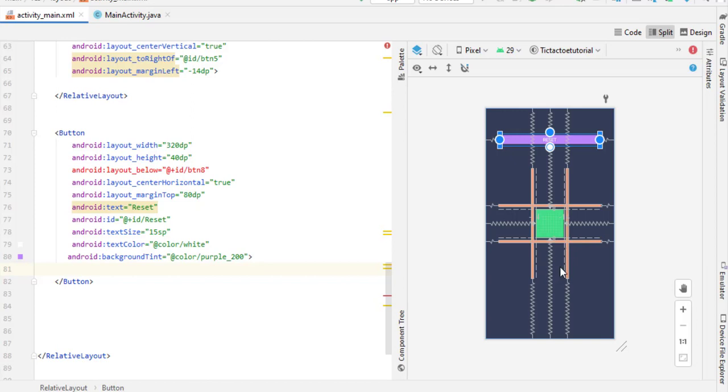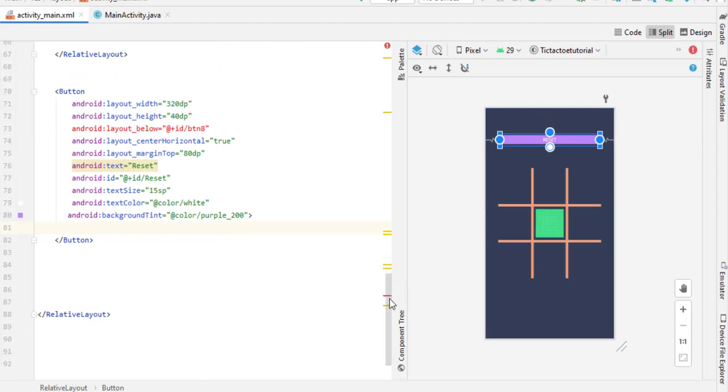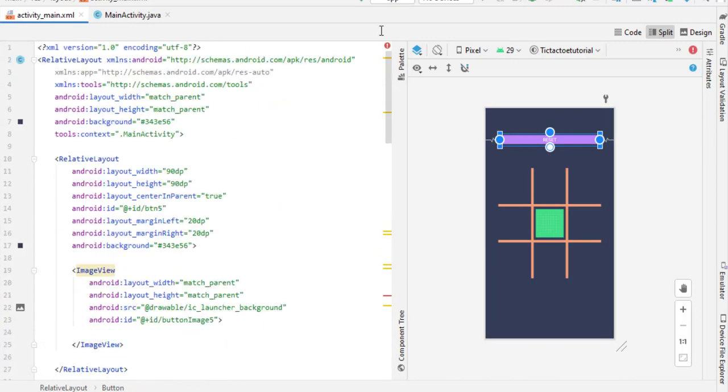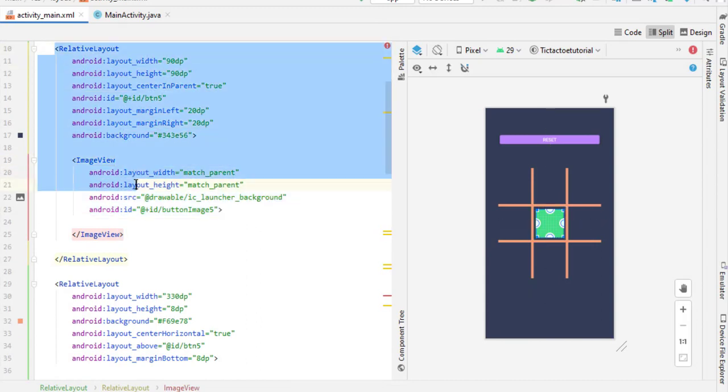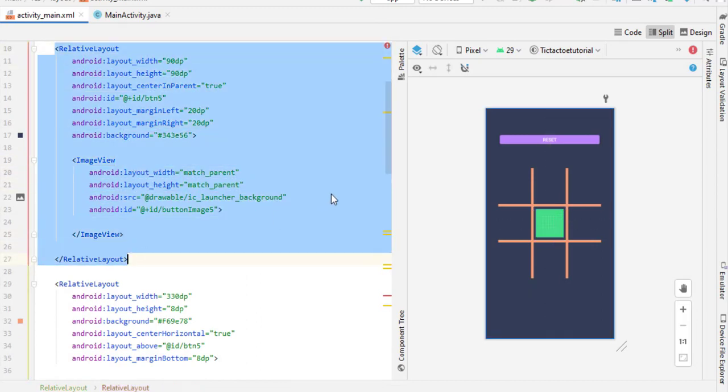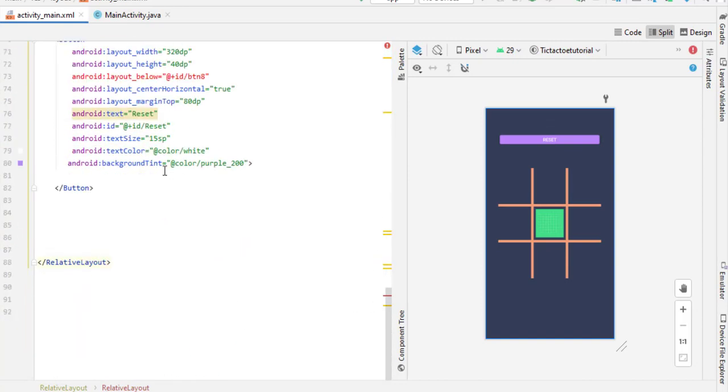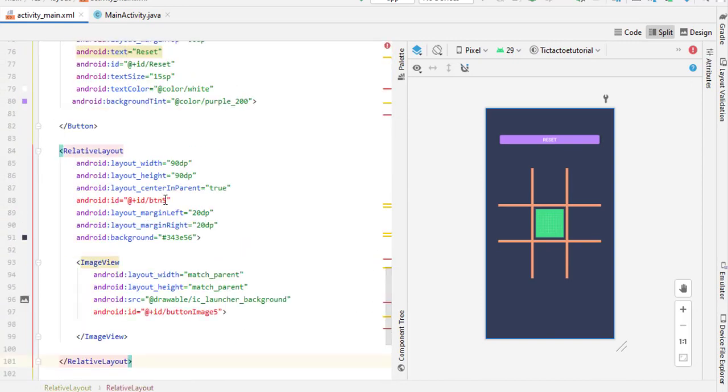So I just create the 8th button right now, and after creating it you can see the error is gone, and this button will automatically get placed here, so don't worry. So let's create our 8th button. For creating the 8th button, it is better to copy the code of button 5. So I simply copy the code of button 5, Control C, and paste the code here. Instead of the ID of button 5 I need the ID name button 8, and I also need this button just below our button 5.